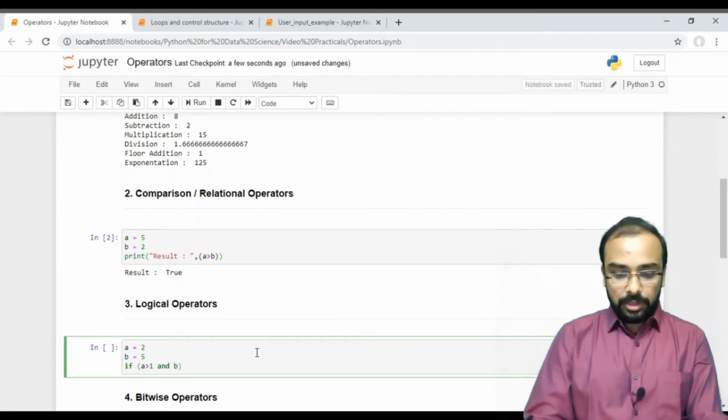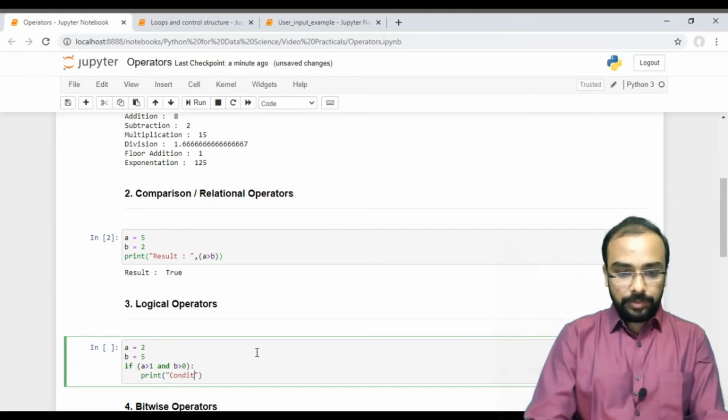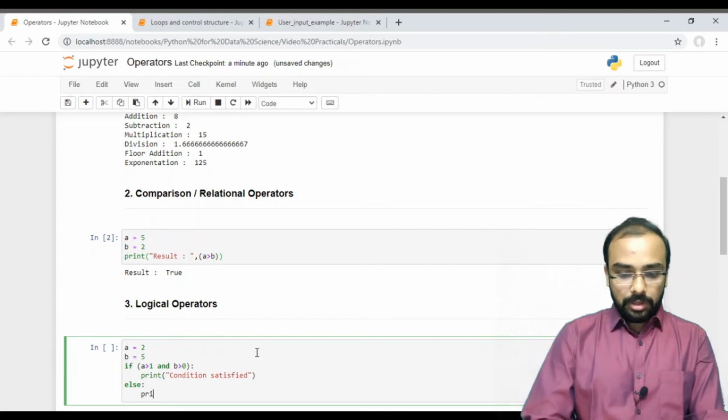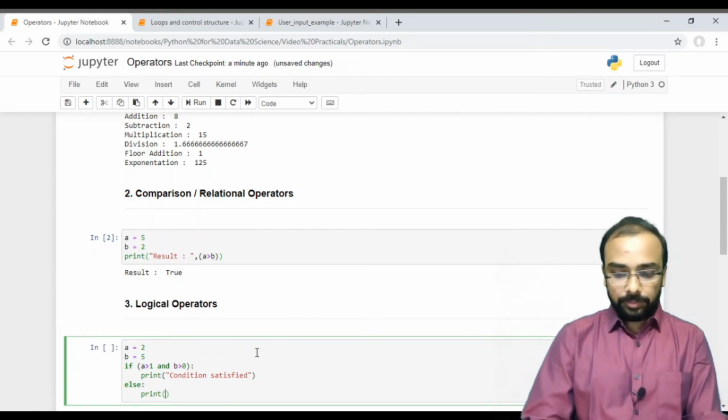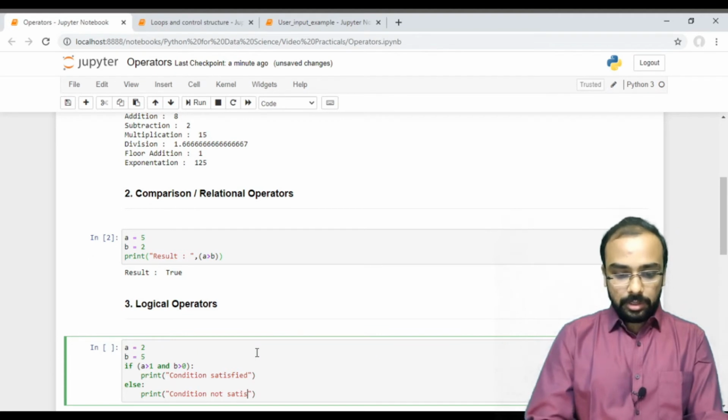and b is greater than 0, in that case I want to just print condition satisfied, else I want to print condition not satisfied.